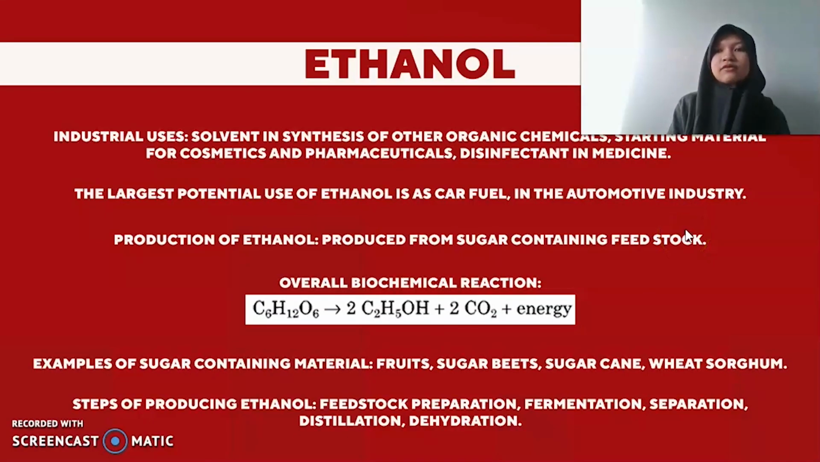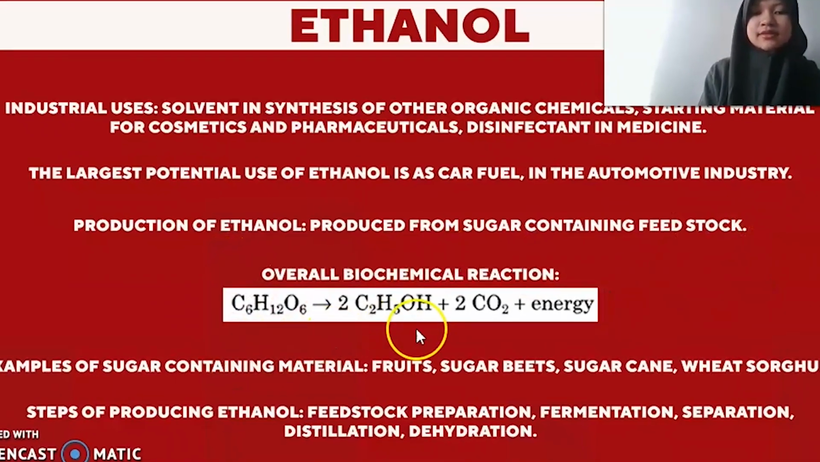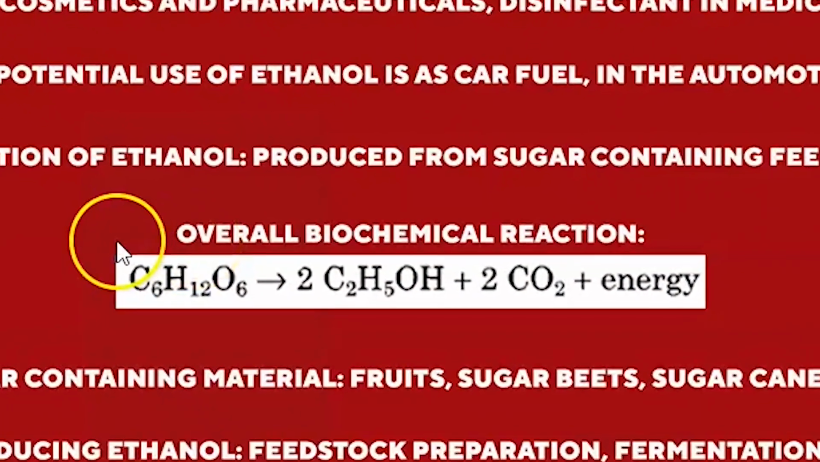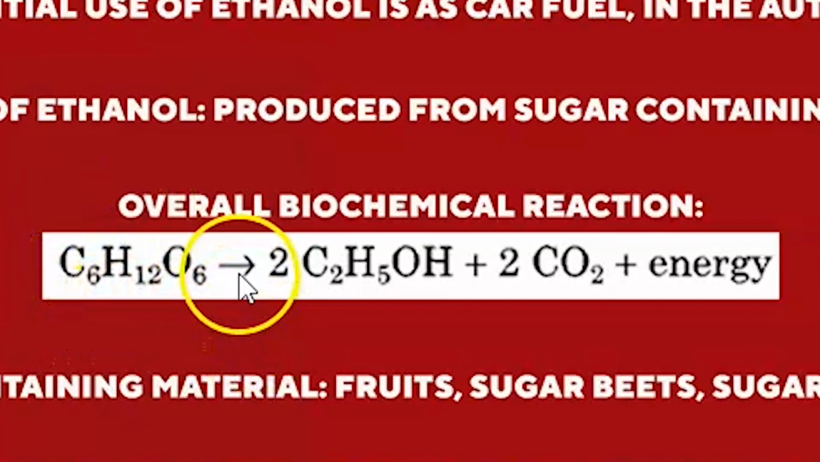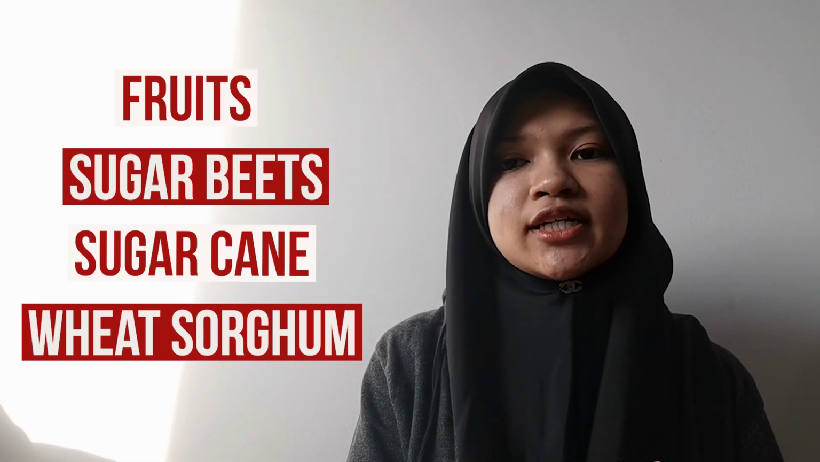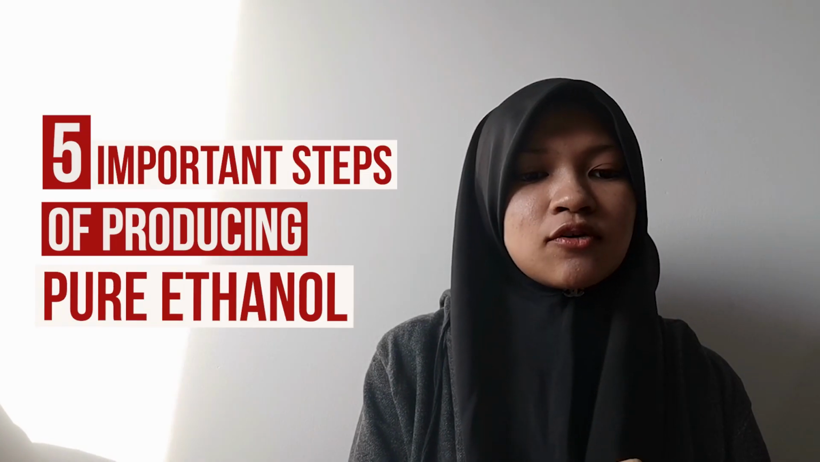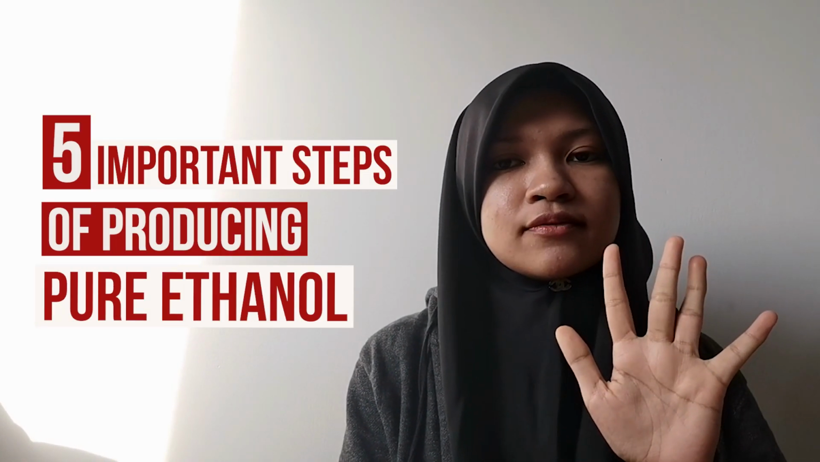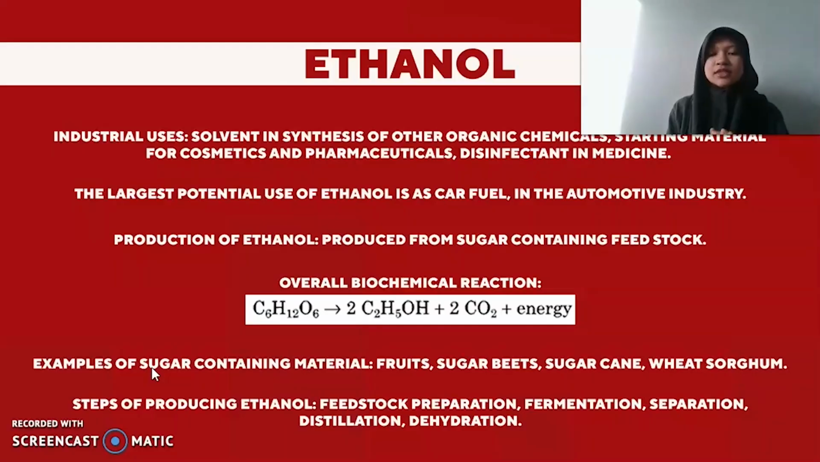So in the production of ethanol, ethanol is produced from sugar-containing feedstock, and this is the overall biochemical reaction in producing ethanol. Sugar is fermented, producing ethanol and carbon dioxide and energy. So, examples of sugar-containing materials include fruits, sugar beets, sugarcane, wheat, sorghum, and so on. Steps of producing ethanol. There are 5 important steps in producing pure ethanol, which are feedstock preparation, fermentation, separation, distillation,